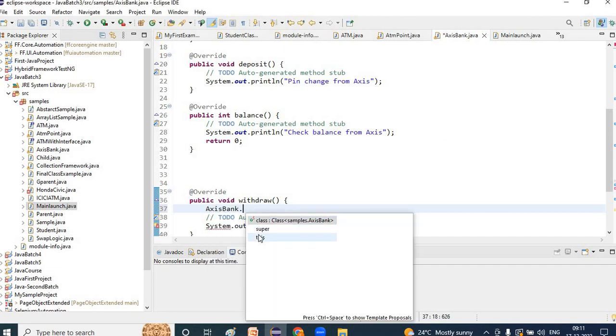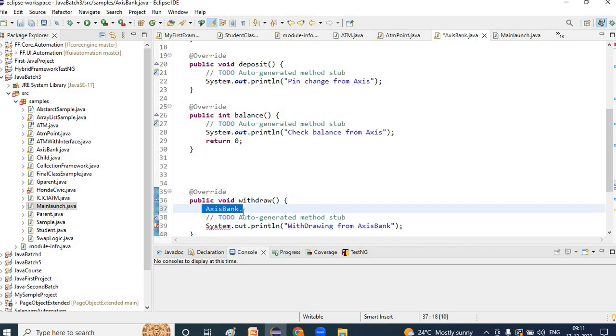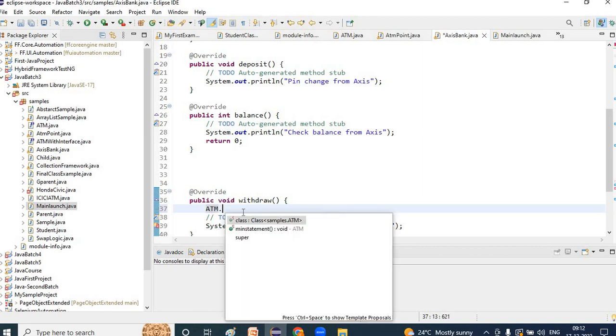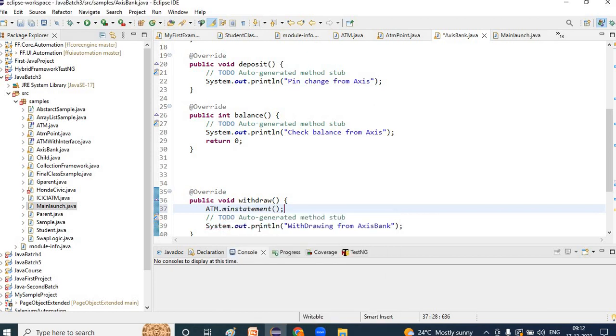But here you don't have, right? So we can write the static functions and we can write the default functions. These two can add, right? But for the static function, do you need any instance? Not required. So I can call directly here like this, mini statement,